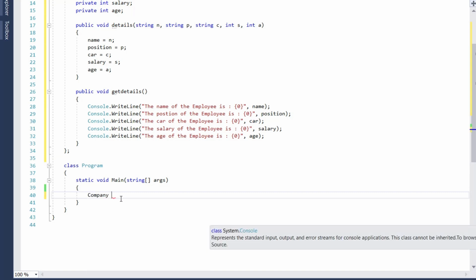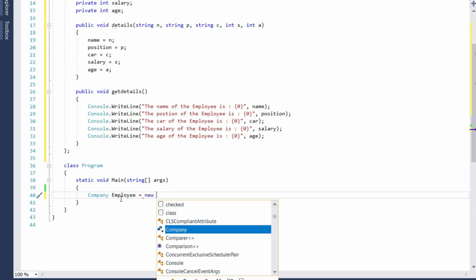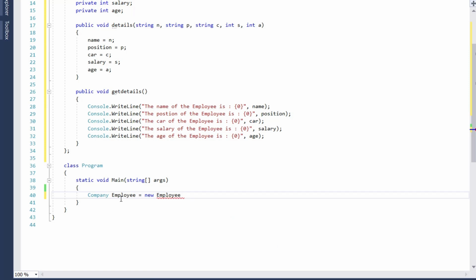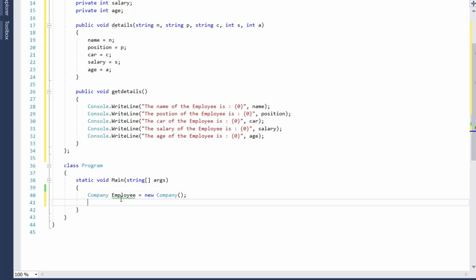Say company employee equal to new company. So put a semicolon at the end. So we have declared the employee of the type company, and now we have